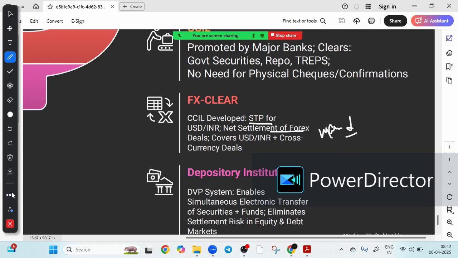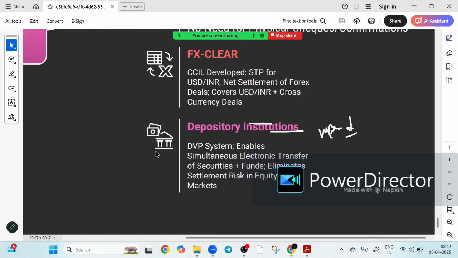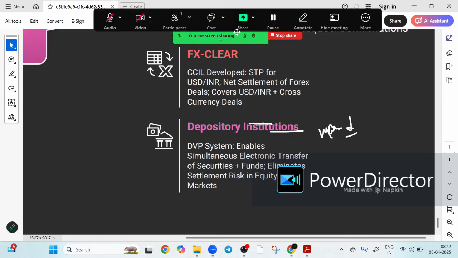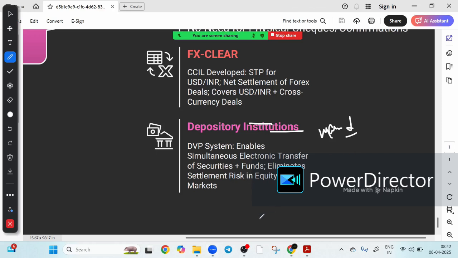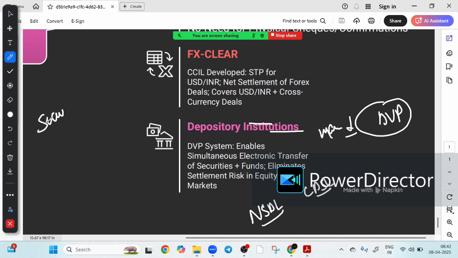Then comes the depository institutions. How are these securities held? These securities are held through depository institutions like NSDL and CDSL. These are called depository institutions, right? They use DVP, that is, Delivery Versus Payment system, to ensure that securities are transferred only when payment is received, right? And